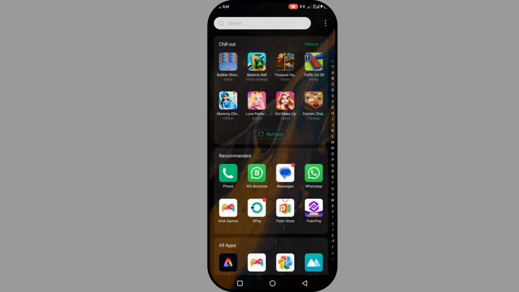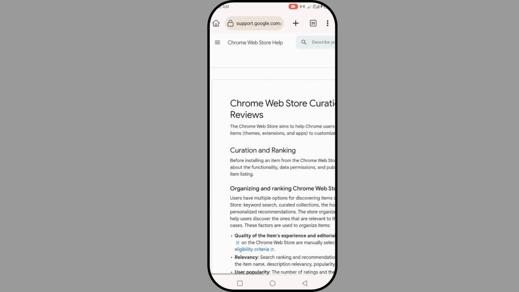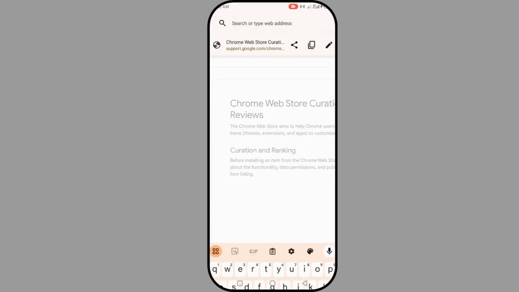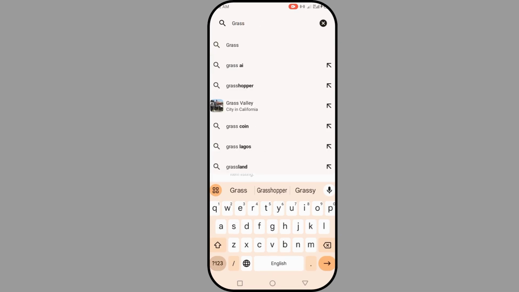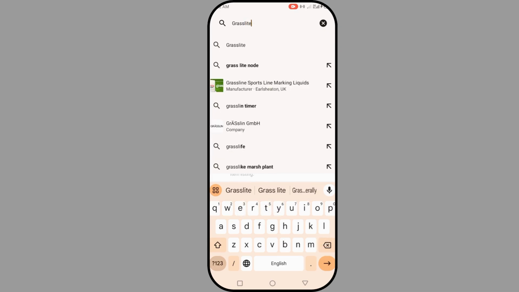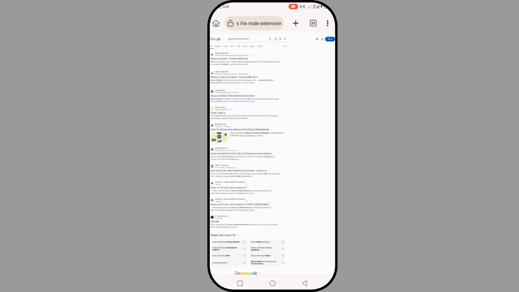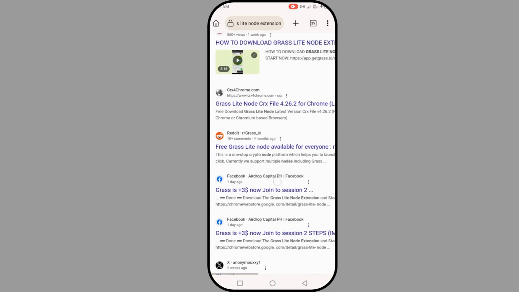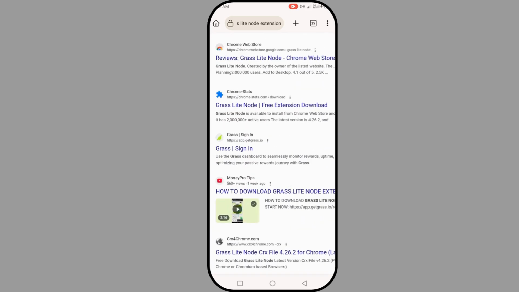So I'm going to go to my Chrome browser again. We go to our Chrome browser again, search for the GRASSLITE node extension. Once you click on it, yes, you can say go to this extension download,